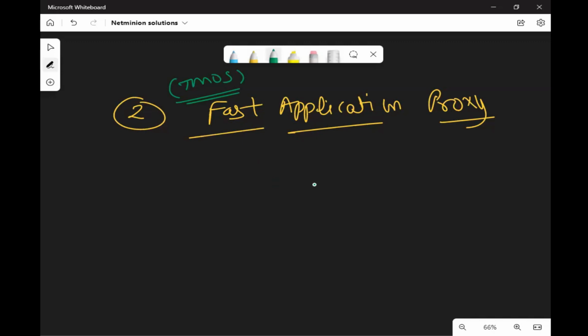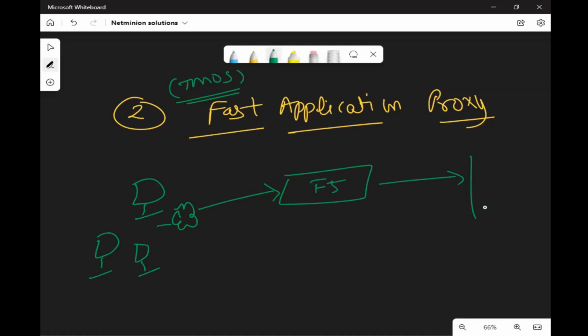Now, here is the F5, and these are the clients, most of which are coming through maybe the internet or intranet, anywhere, to the backend servers. Now what I was talking about, the full application proxy, is supported by the TMOS architecture, and since it supports the TMOS architecture, there are a lot of things like HTTP